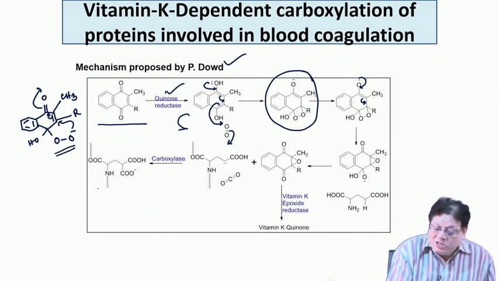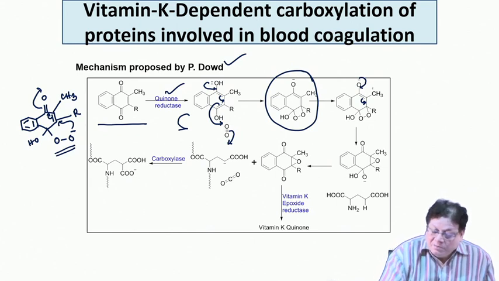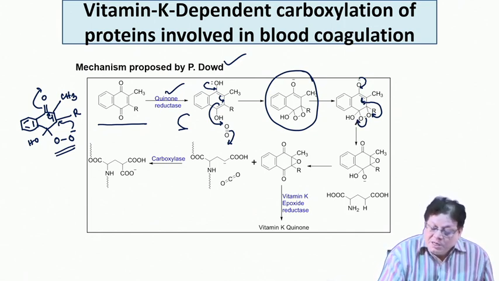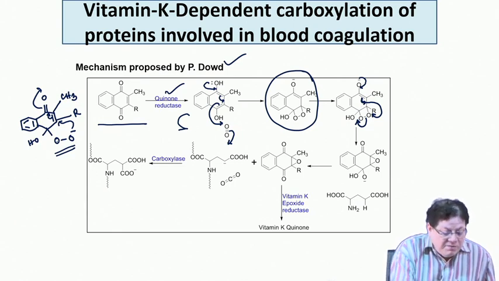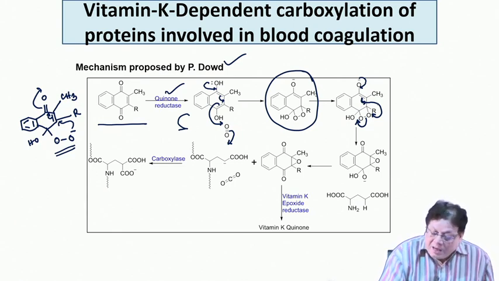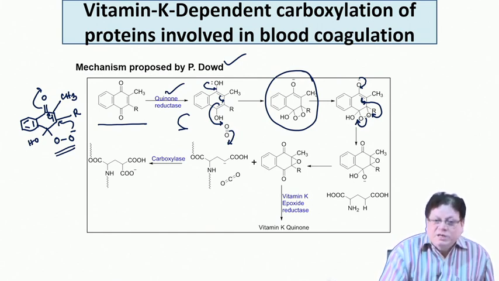To make the epoxide, rather than going there, this attacks the oxygen because the O-O bond is unstable and can easily break. Because if it goes here, then you will get the previous intermediate. So now it is attacking one of the oxygens to break the oxygen bond,